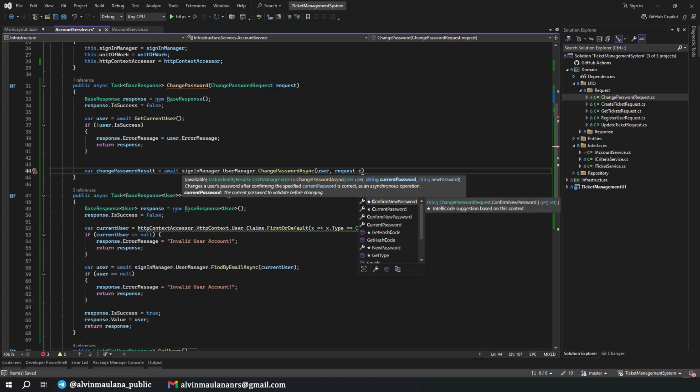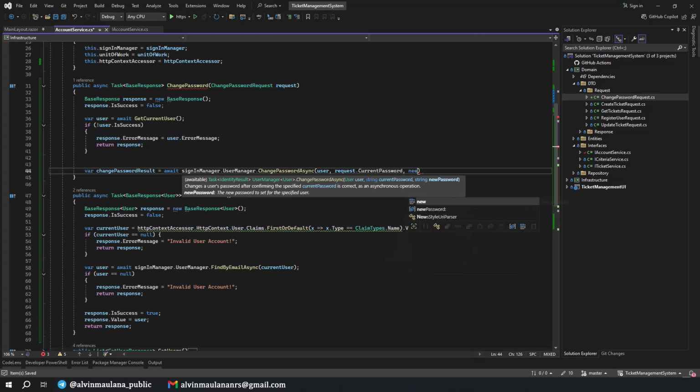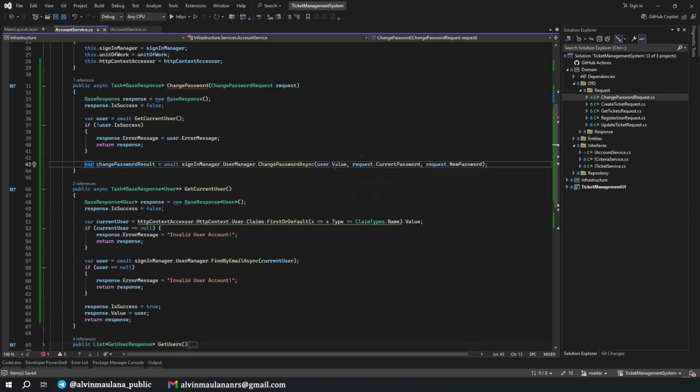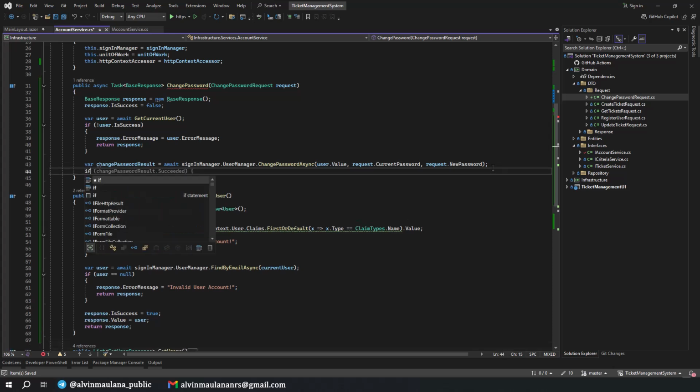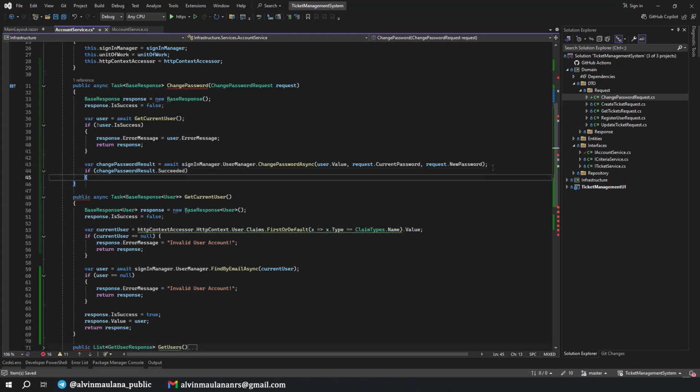What is it? Current password and new password. Not no, but request new password. Why is this an error? Okay, we should have user.value instead. And next thing, we will check if change password result is succeeded. Okay, thank you, autocomplete.